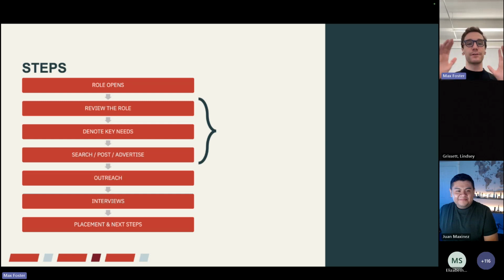Absolutely. So today we're going to focus on kind of reviewing the role, denoting key skills, and searching. That's the main section. Juan at the end has some very, very helpful things to help bolster your search efforts that he's going to touch on, that are some new features even that are new to your Dice account sometime in the last 6 months or so. So everybody, please take a look if you're like, okay, maybe I wasn't finding exactly what I was looking for. Juan has extra items at the end.